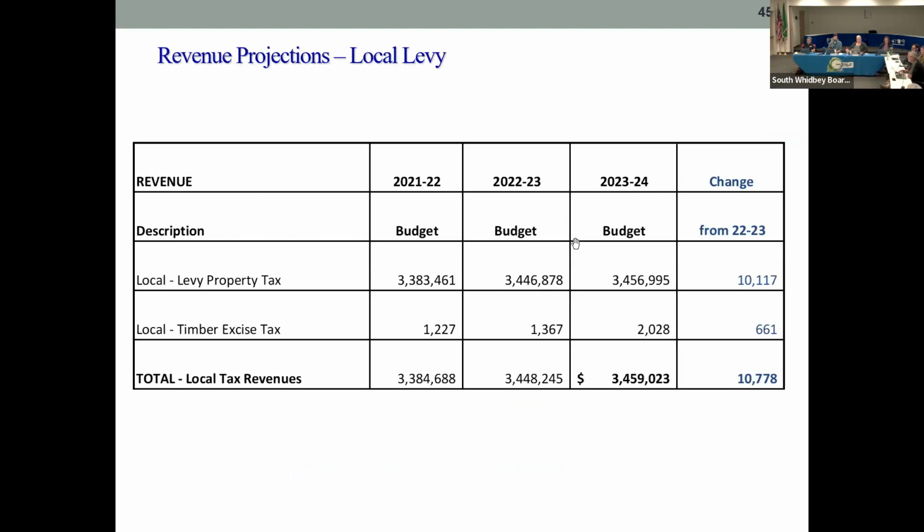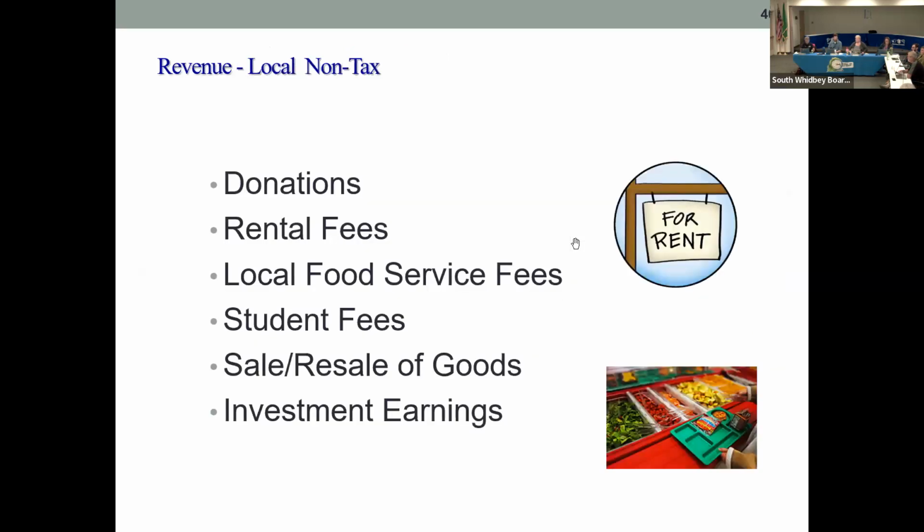And just kind of a comparison. It's been pretty similar, about 3.4 million roughly for the last several years. Even though the rate goes up a little bit each year, the fact that we have fewer students offsets that increase. So we're never seeing a levy increase, which makes it difficult to pay for those additional costs, because those additional costs of salaries continue to rise with no revenue to offset it.